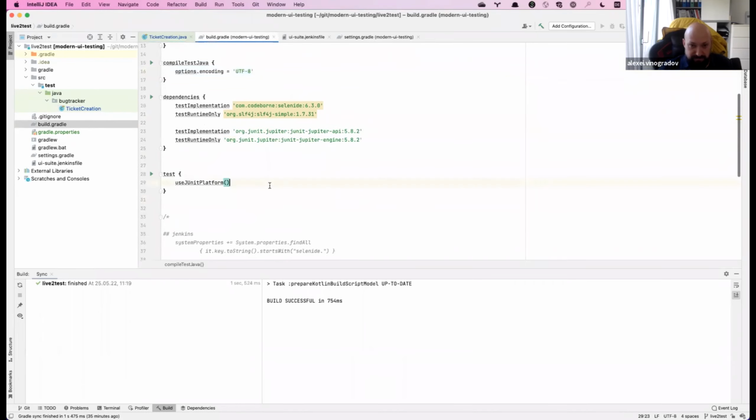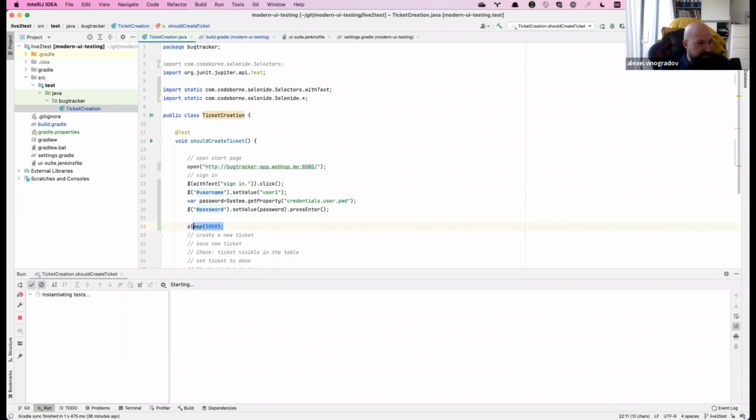I suggest we just start this test. You can already use the chat for your questions if you are interested. Of course, we will not leave any sleeps in the code afterwards, but just for now, to have the browser opened for a couple of seconds to see if we are doing it right, I will put a sleep here and actually start the test.